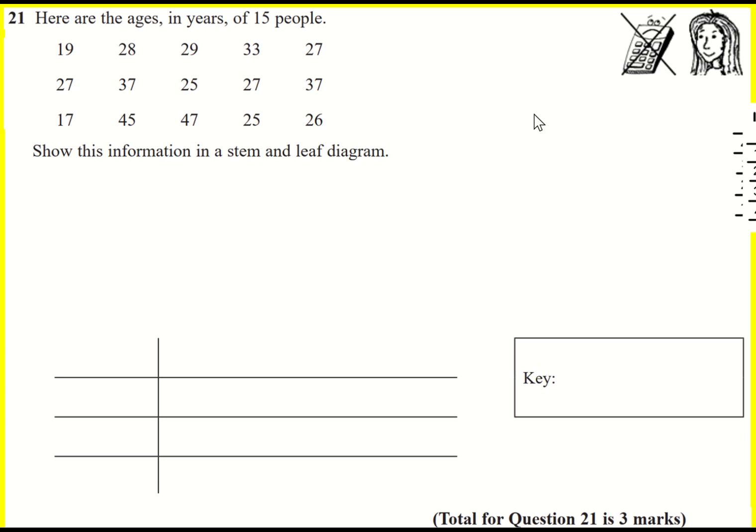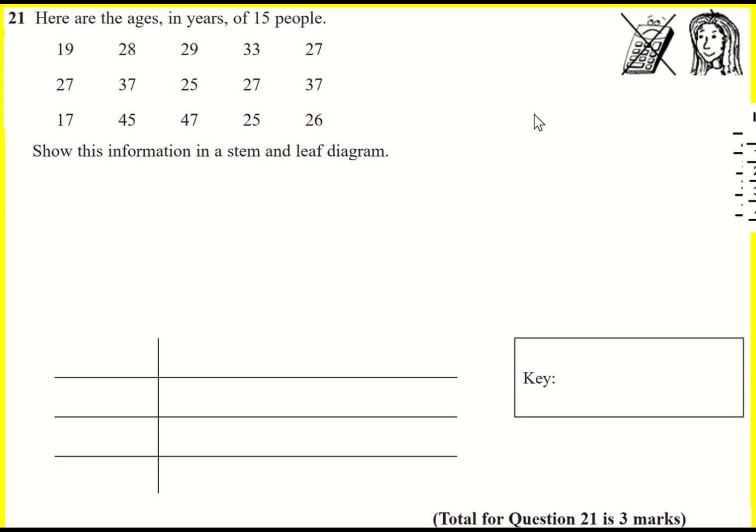Here are the ages in years of 15 people. Show this information in a stem and leaf diagram. So a stem and leaf diagram is basically a way of organising data. This is data in the sense that it is the ages of 15 people, but at the moment we